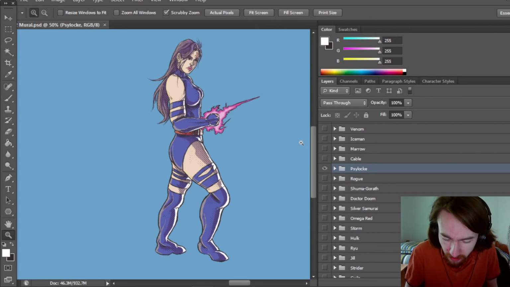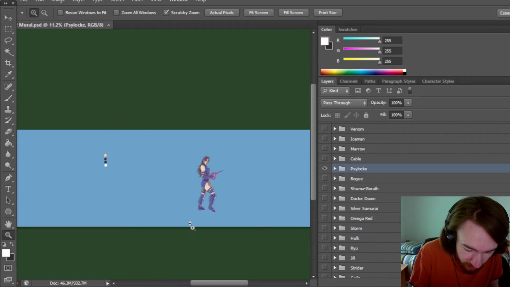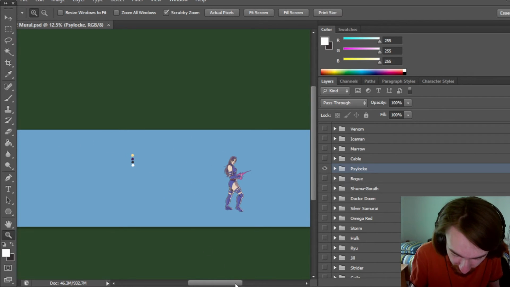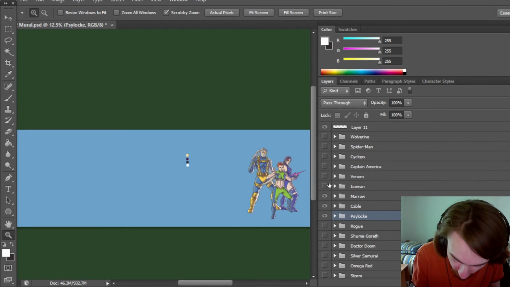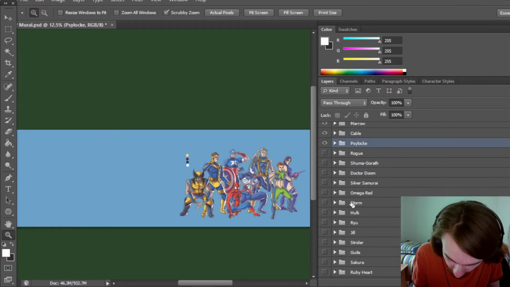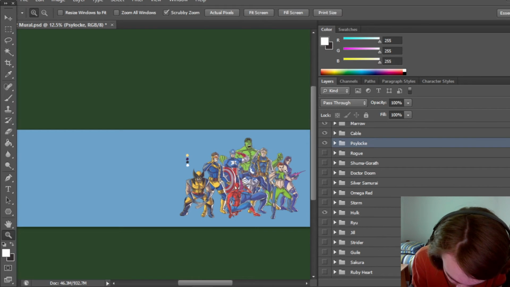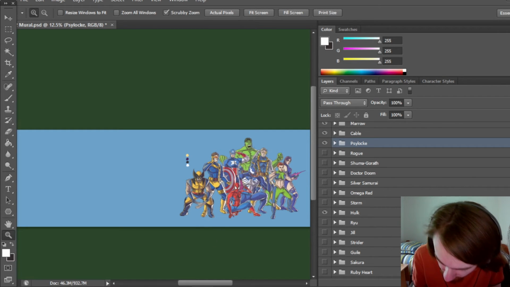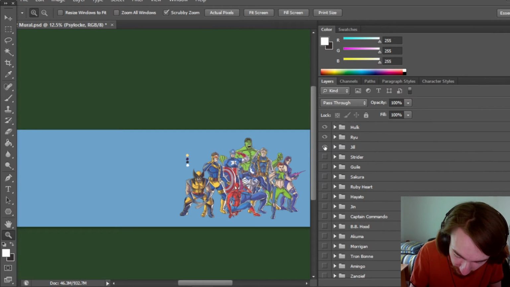There's Psylocke. Yeah, I don't really have anything more to add. We'll zoom out, probably do about 12%, because look at how small that is now. We'll need to have her pressed right up against the edge there. We're going to want to add incrementally the rest of our characters, and there's all the Marvel characters we've done. So there should be 1, 2, 3, 4, 5, 6, 7, 8, 9. There should be 9 on this side as well, because this is character 18. There we go. Yeah, my brain was failing me there for a little bit.